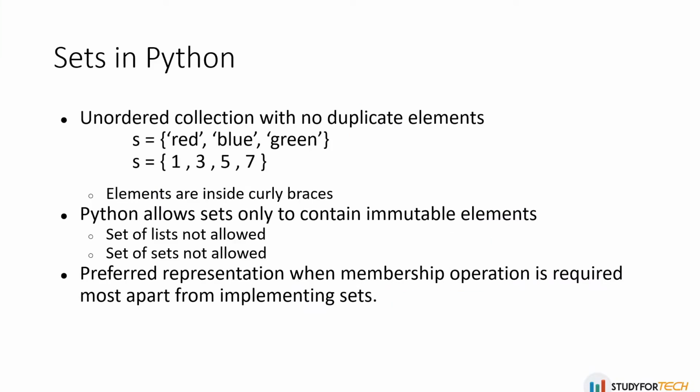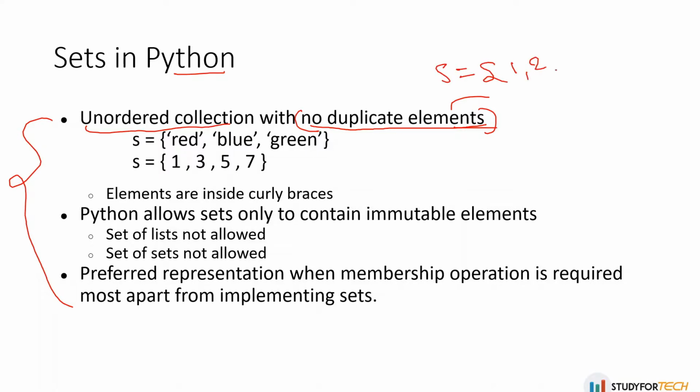So, sets in Python. These are the important properties which I have collected and which everyone should know. What is actually a set? A set is an unordered collection with no duplicate elements. Try to understand this one. This is the important property. A set cannot have duplicate elements. That means you cannot put inside a set something like 1, 2, then again 1, then 2. This is the duplicate one, so it will give an error.